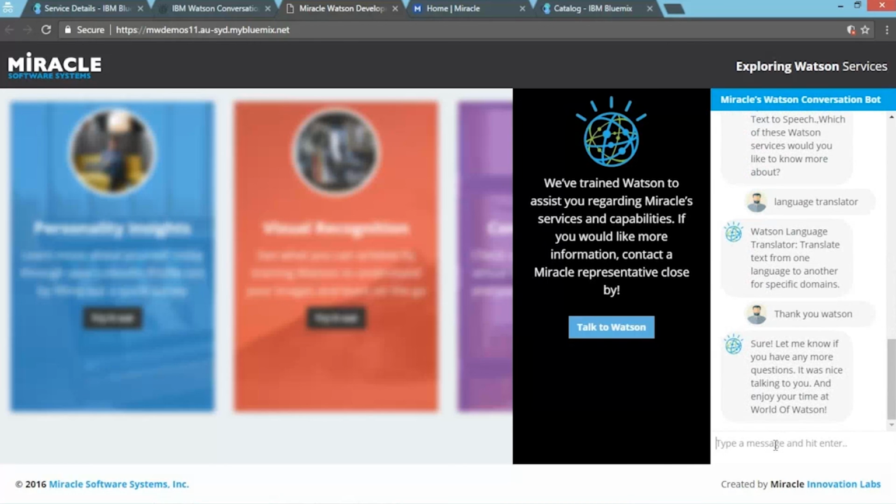So this is how we develop a Watson conversation service with the respective interfaces that we are using, and this can be integrated with any channel like Facebook, Twitter, or Slack. So what are you waiting for? Quickly create a chatbot that can interact with any messaging platform with IBM Bluemix, which has many different Watson services. Thank you.